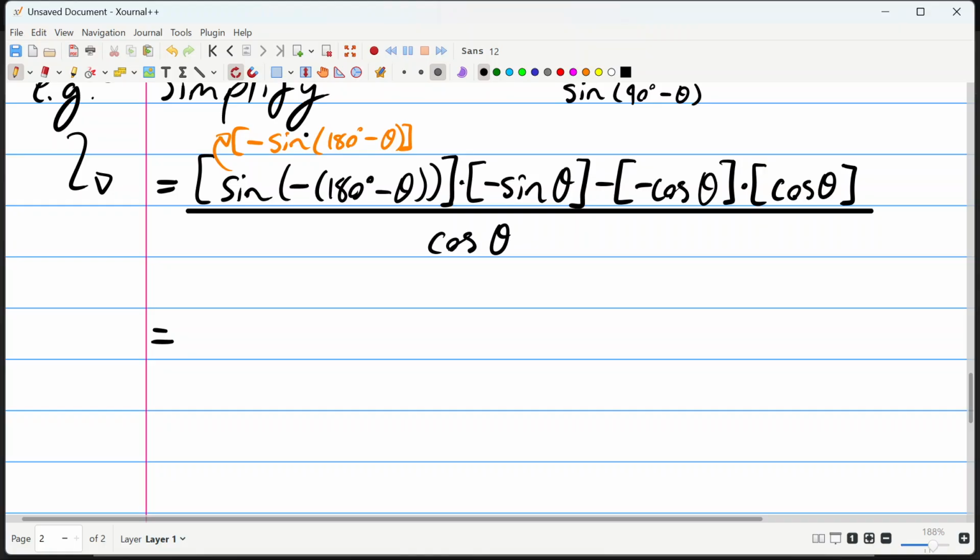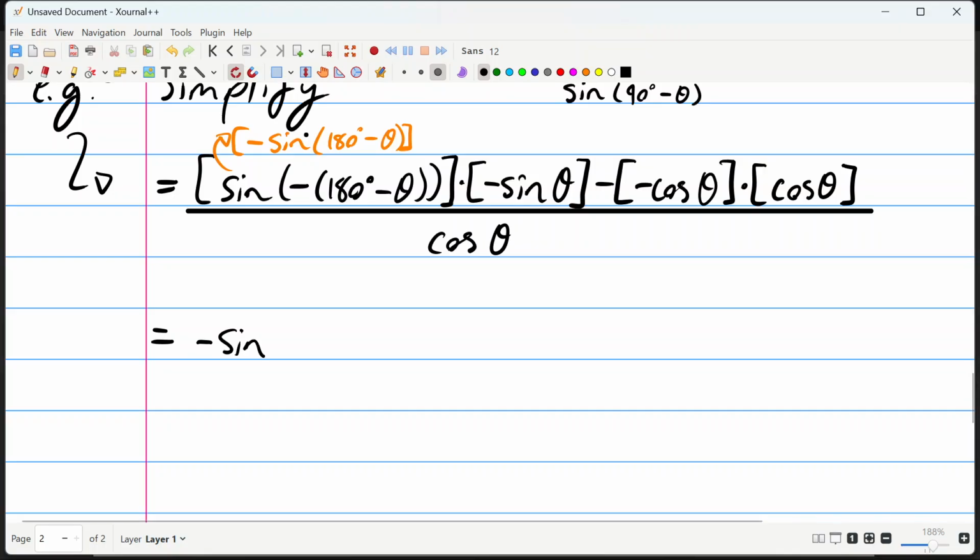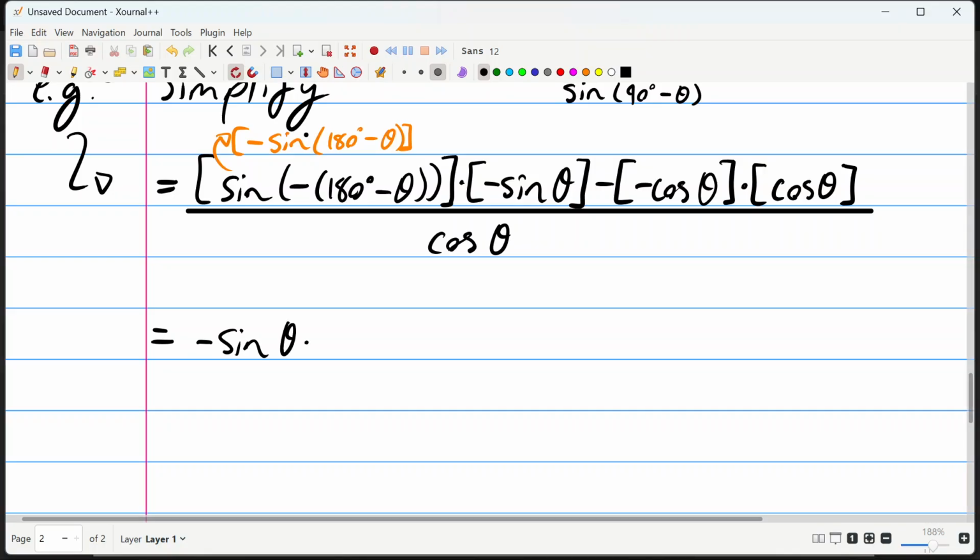And in quadrant 2 sine is positive, so it's going to stay as negative sine, because negative times positive is negative. Okay. So it will be negative sine of theta multiplied by negative sine theta